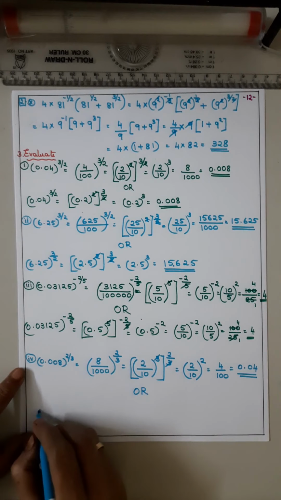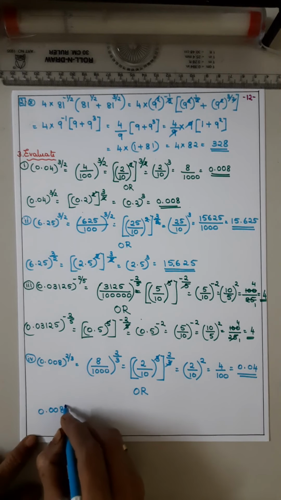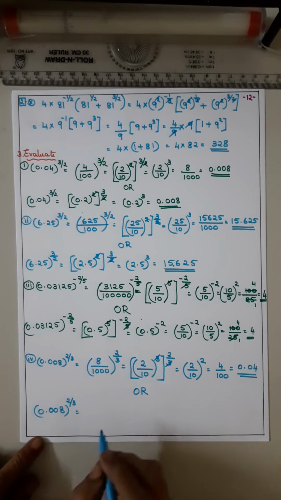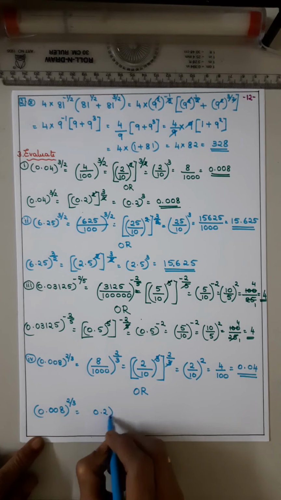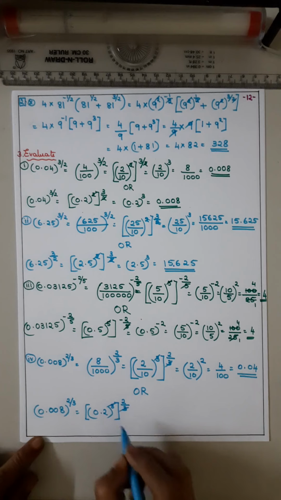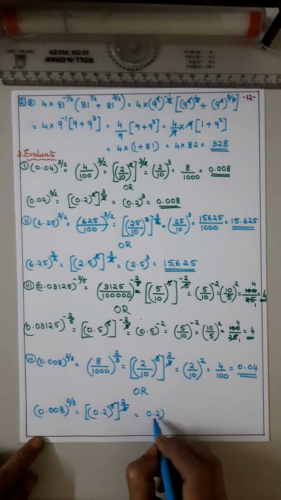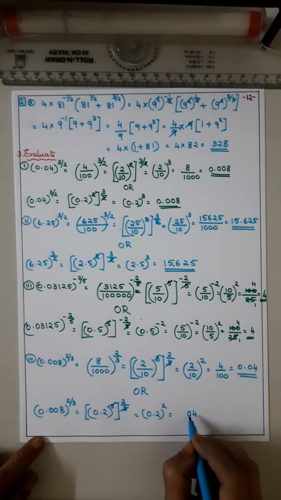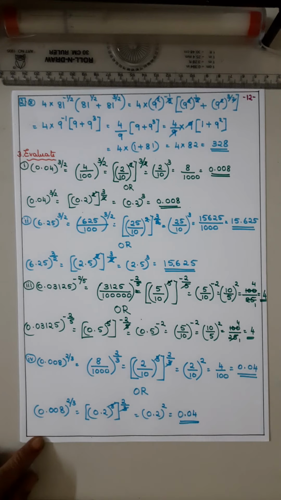Or 0.008 2 by 3. अभी 8 2 का क्यूब है, 3 डेसिमल है तो 1 डेसिमल. फिर आया ये क्वेश्चन का 2 by 3. ये 3 gets cancelled. That is 0.2 स्क्वायर आया. अभी 2 का स्क्वायर 4 है, 1 डेसिमल है तो 2 डेसिमल. सेम आंसर. Did you understand? Hope everyone understood. Okay then, bye. Thank you.